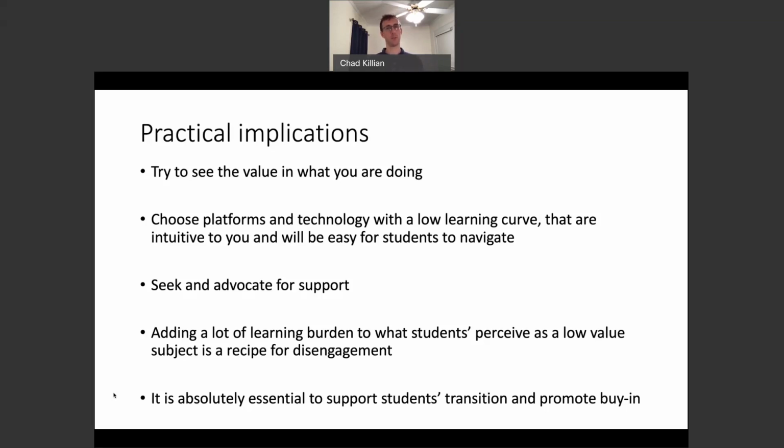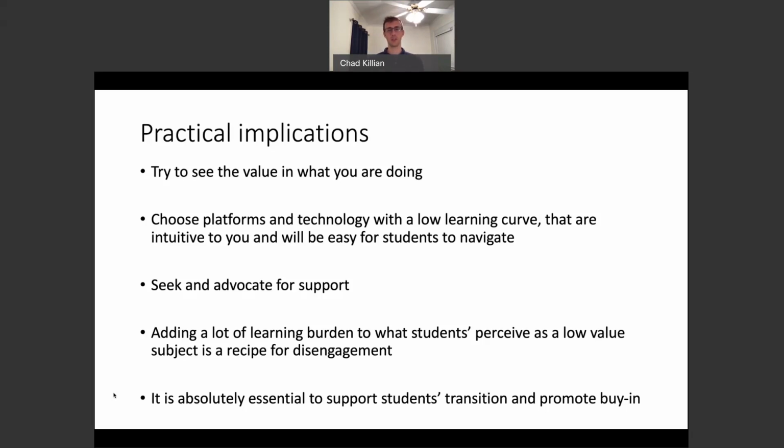Support was also a big issue for the teachers. They felt very supported through the process of adopting the online system. So seek and advocate support. We've got an amazing Twitter community, but also your school district should be providing support. And you probably, I can imagine, perceive that the school is putting a lot of resources, a lot of support into the math, the English, the science teachers. You deserve support too, and so appropriately advocate for that in a way that you'll find helpful and the way that the school will be willing to provide. Show them that you have something valuable to provide, and hopefully that they will support you in that.